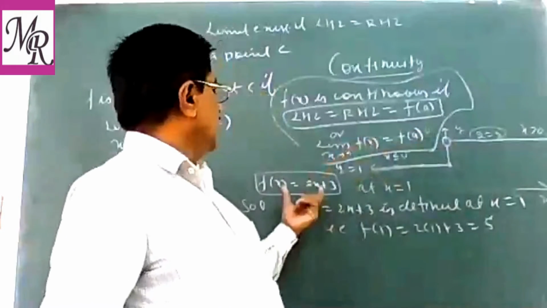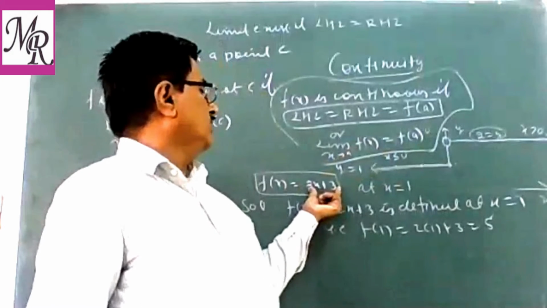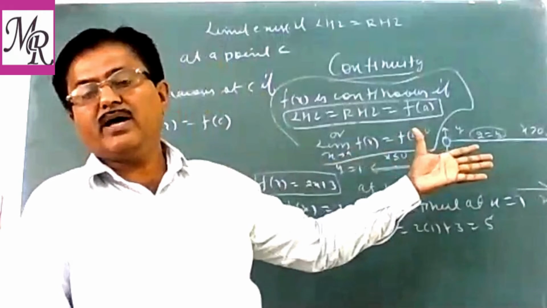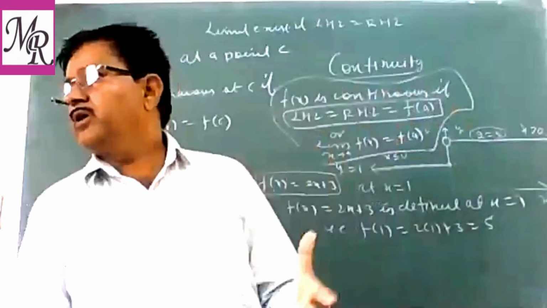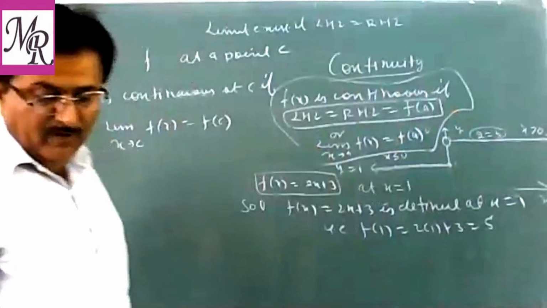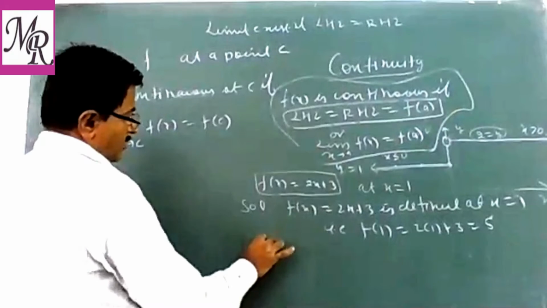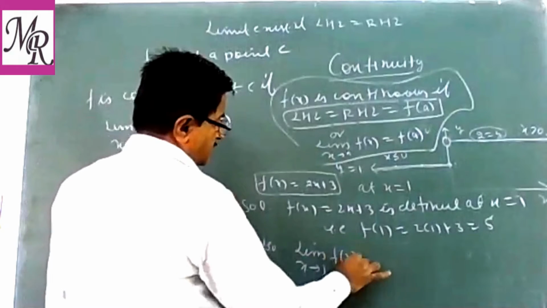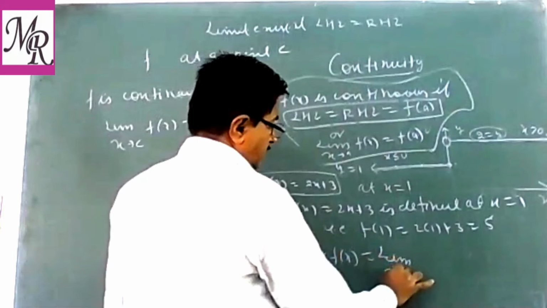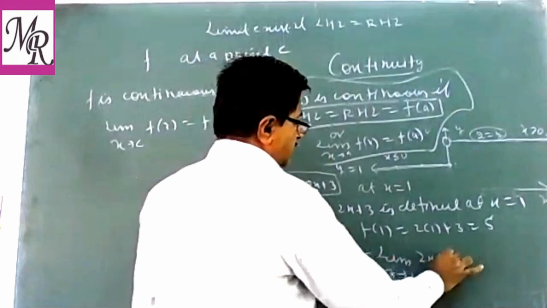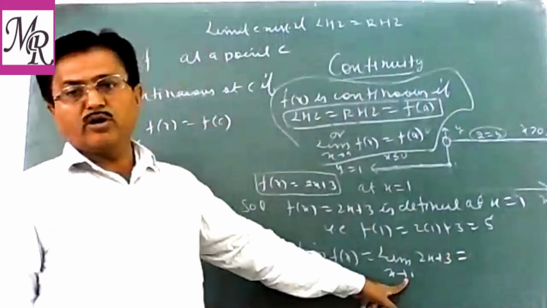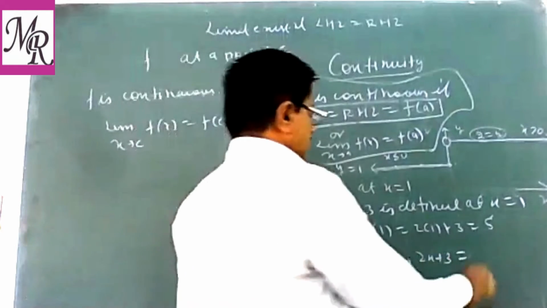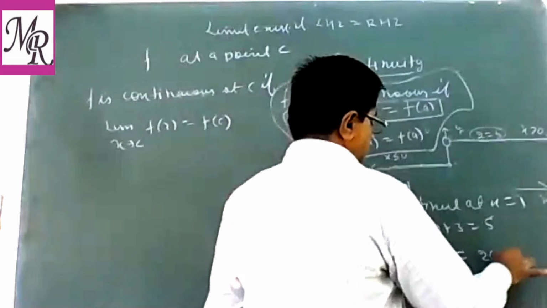5. Now in 11th class we only know how to find the value of a polynomial function at the given point. 11th में हमने पढ़ा था how to find the limit of a polynomial. So you can find the limit also. Limit कौन से पॉइंट पे? x tends to 1 of f(x). तो लिमिट x tends to 1, फंक्शन क्या है हमारा 2x plus 3. तो और पॉलिनोमियल डायरेक्टली वैल्यू पुट, लिमिट का मतलब यहाँ पर डायरेक्ट इसकी वैल्यू पुट करनी. So that is 2 into 1 plus 3, that is 5.